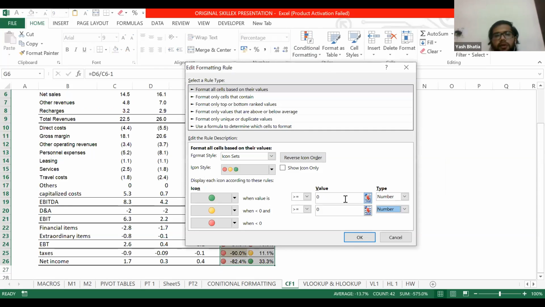I'm going to write percentage as a number in the form of decimals. Let's say I want a value greater than 10% or 0.1 to be shown as green, a value between 0 to 10% or 0 to 0.1 to be shown as yellow, and the value less than 0, that is negative, as red. I click OK and apply.